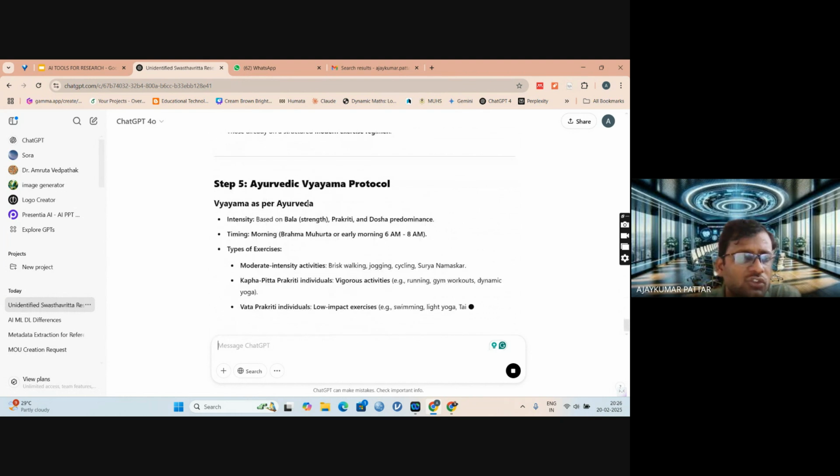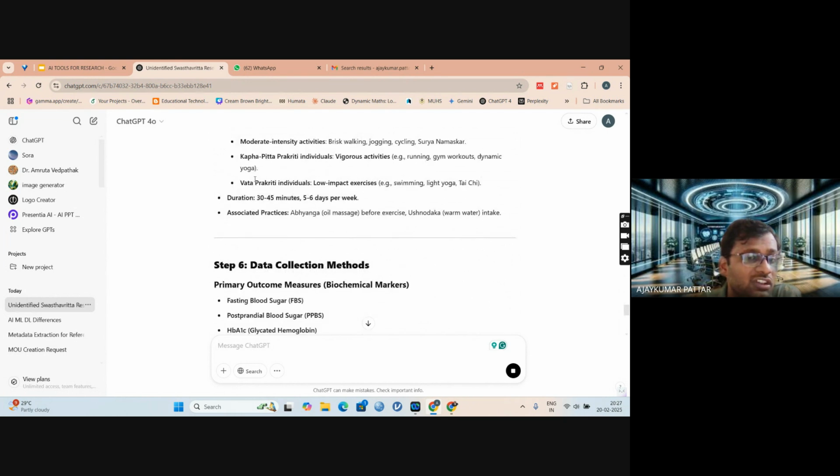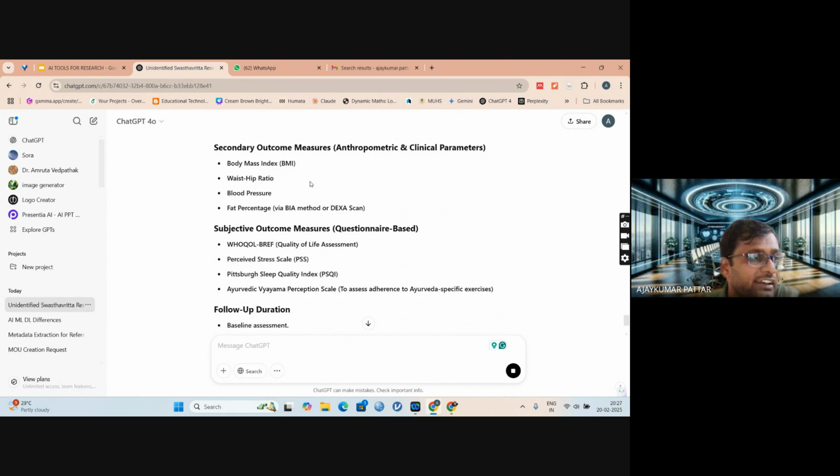Then again, you can also give a prompt like, give me suggestions. The study should be done with very limited resources, like limited money and other facilities. Then how can I do this particular research, or guide me as a specialist in research, as an expert, guide me how to conduct it. If you give this kind of prompt, ChatGPT will give more specific and more relatable answers.